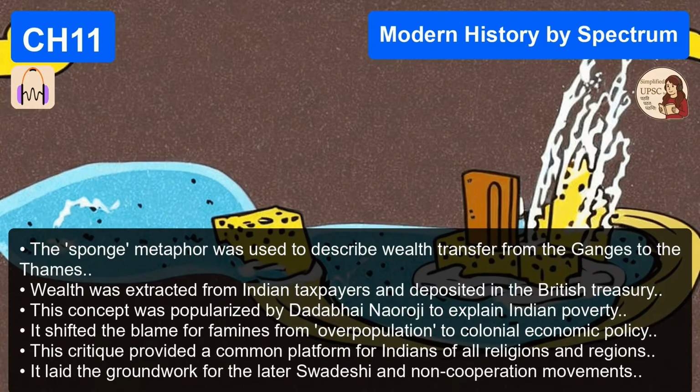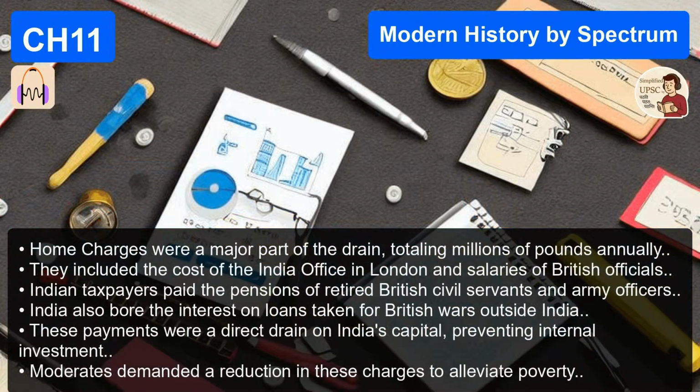What about the administrative side? They had major campaigns there, too. The biggest one was the demand for the Indianization of the civil services. They wanted the ICS exams to be held in India and England simultaneously, right? Yes, because holding it only in London essentially barred most Indians from taking it. Now, why did they want this? Partly for moral reasons to end the blatant racial discrimination, but mostly for economic reasons. This ties right back to the drain theory. Exactly. A highly paid British ICS officer sent his savings back to England and eventually took a massive pension back to England. An Indian ICS officer would spend his salary in India, keeping the wealth inside the country.